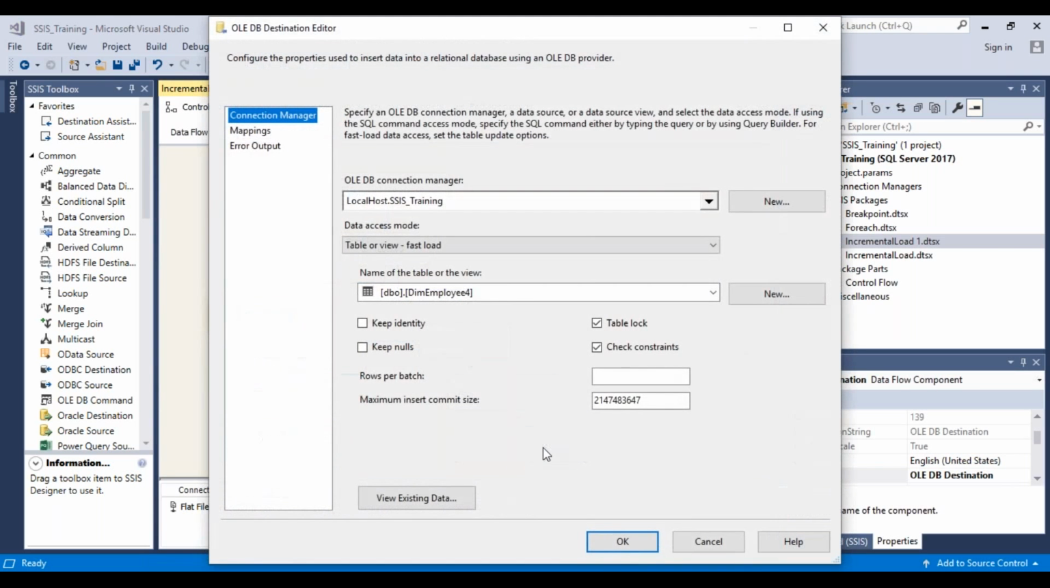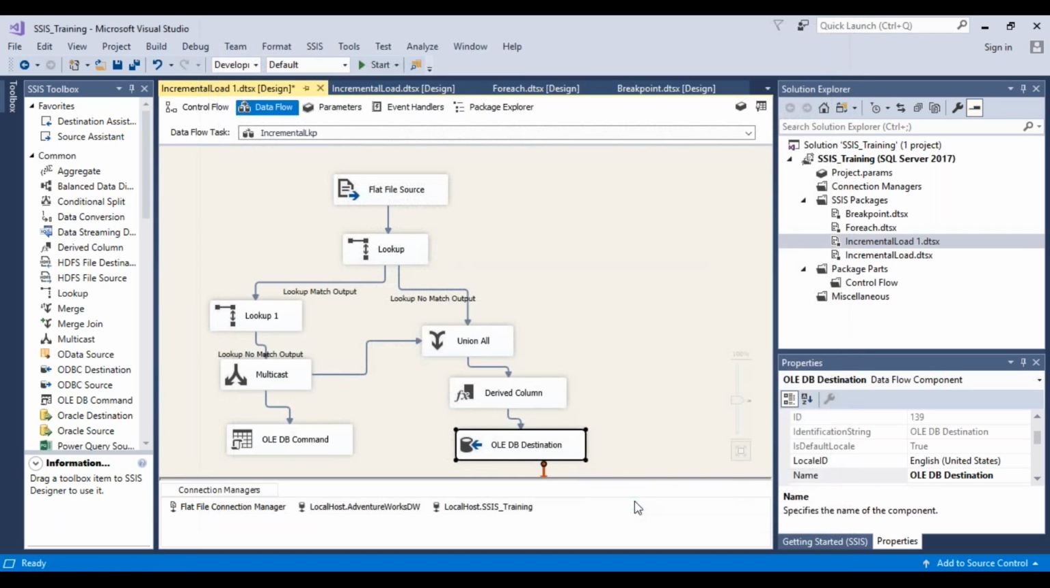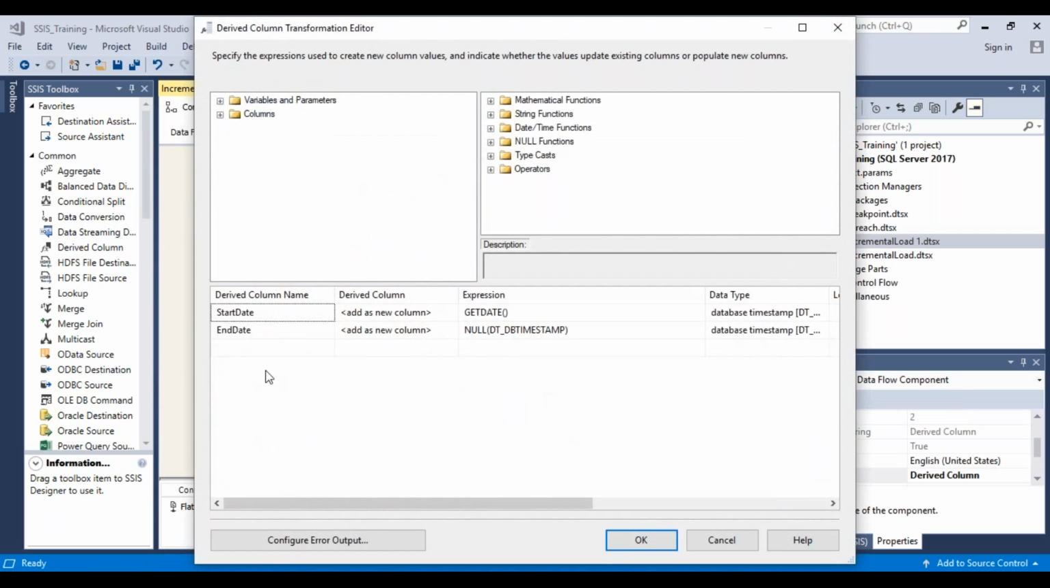Okay, and OLEDB destination, simple. We are going to change the table. We are going to do a complete load. This is 1. Okay. And for the insert records, we have set the values over here. Start date, end date, start date. So it's going to be a new column. So we have just typed in start date. Just type your column name and then,